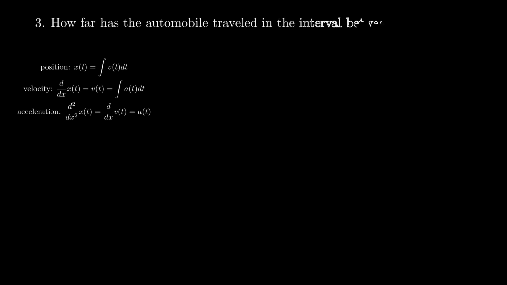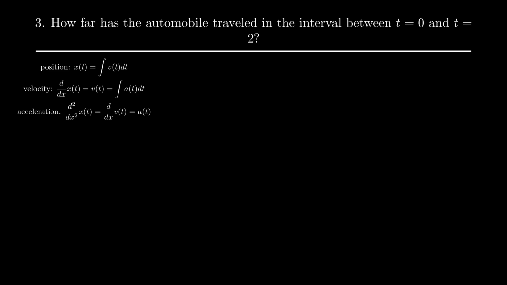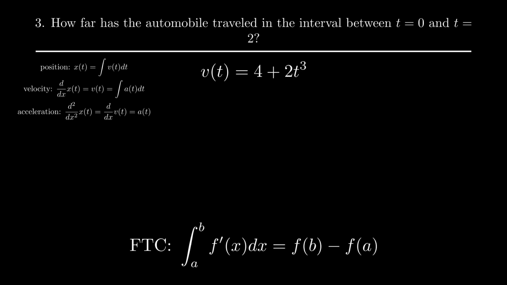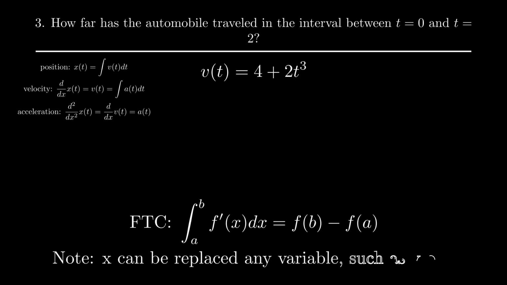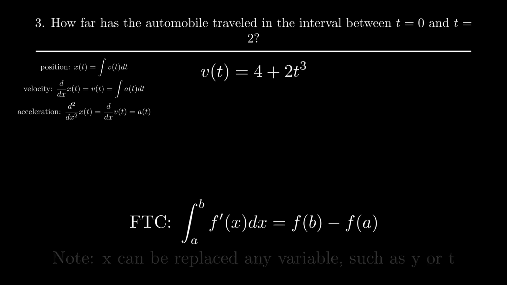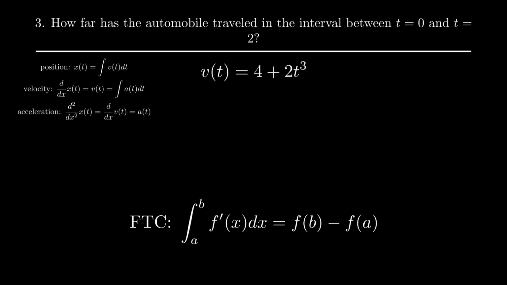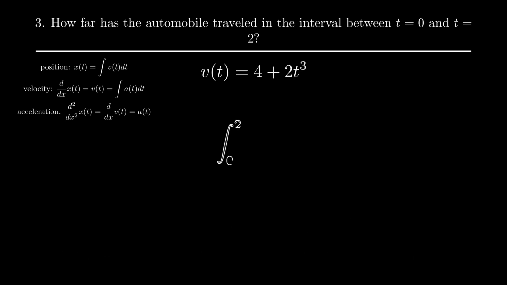How far has the automobile traveled in the interval between t equals 0 and t equals 2, given the velocity equation 4 plus 2t cubed? Now, we need the change in position from two values. You should recognize that that is a part of the fundamental theorem of calculus, which states you can get the change in a function from 2 points by integrating its derivative and evaluating it at those 2 points. So we currently have the derivative of that position function, which would be velocity. So if we integrate velocity and evaluate it from 0 to 2, we should be able to get the change